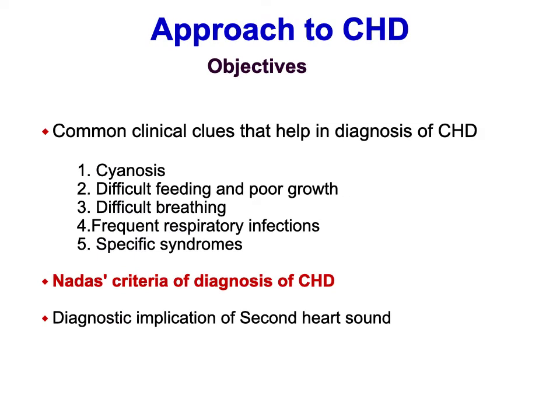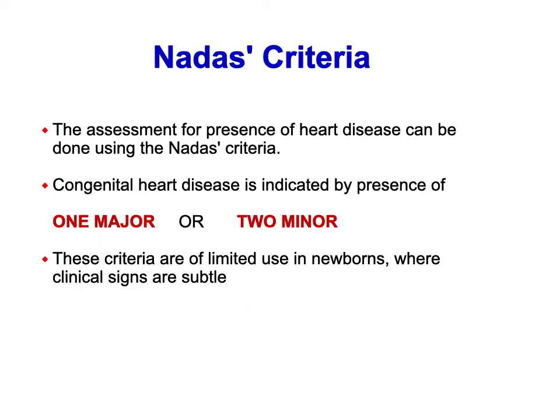After discussing these things, we have got an idea of how children present with congenital heart disease, and now we'll go to Nadas criteria, the criteria that is used for diagnosis of congenital heart disease. Assessment or presence of heart disease can be done by using Nadas criteria. Congenital heart disease is indicated by presence of one major and two minor criteria, and these criteria are of